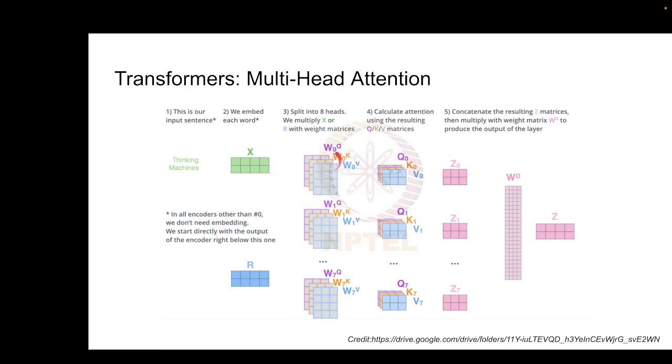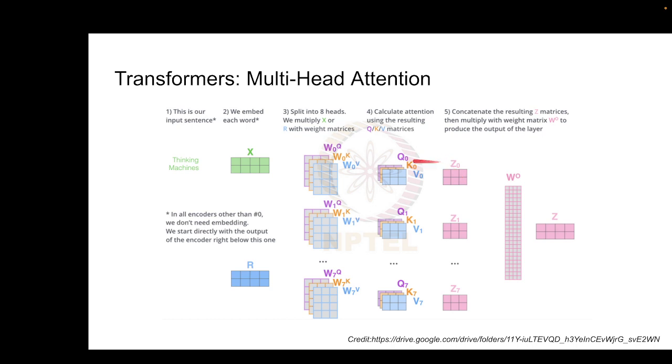So, we will have something like this, we will have W0Q, W0K, W0V, which will give us Q0, K0, V0. Similarly, we will have Q1, K1, V1, and in the paper they used 8 such different versions. So, Q7, K7, V7 starting from 0, right. So, we have 8. This means we have 8 different query, key and value matrices, which gives us all these Z0, Z1 up to Z7. So, there are 8 such